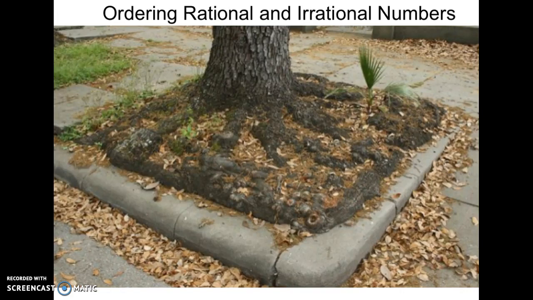We're going to be looking at ordering rational and irrational numbers today, and most of this will be done on the number line. And for this picture, I did not take this, but I think it's a very hysterical math